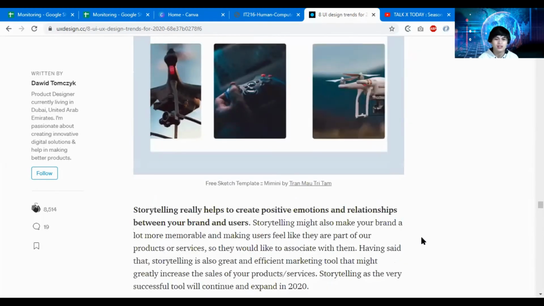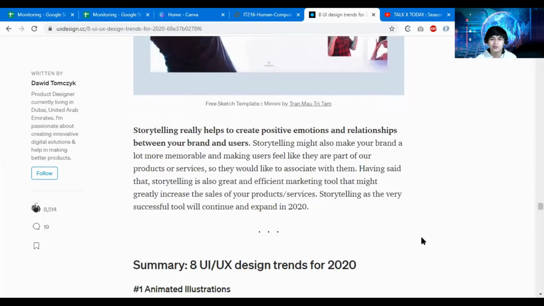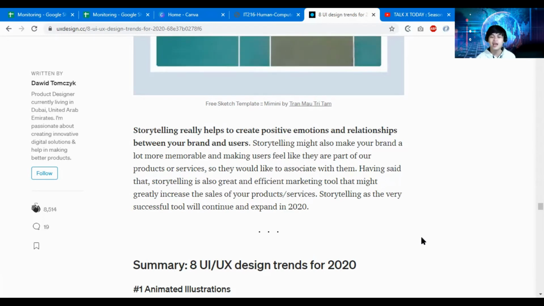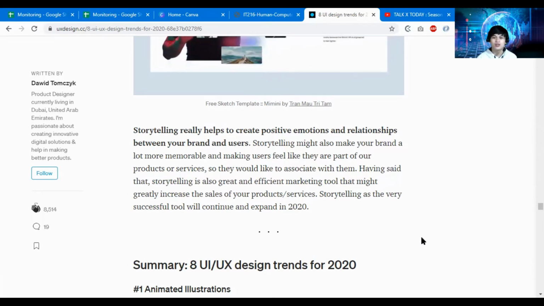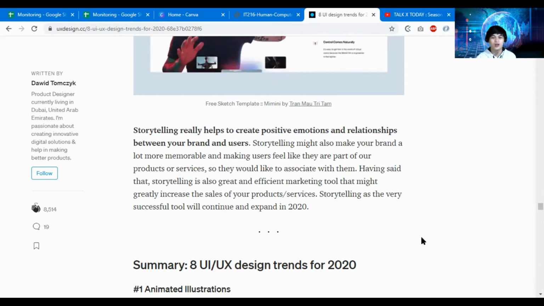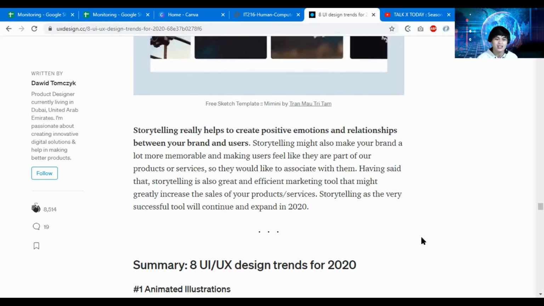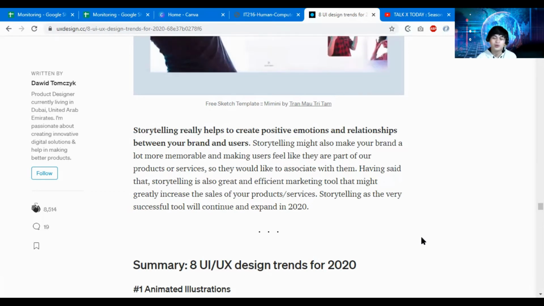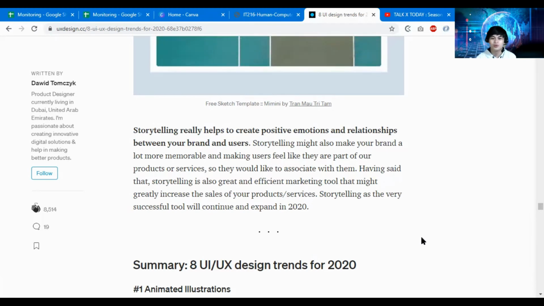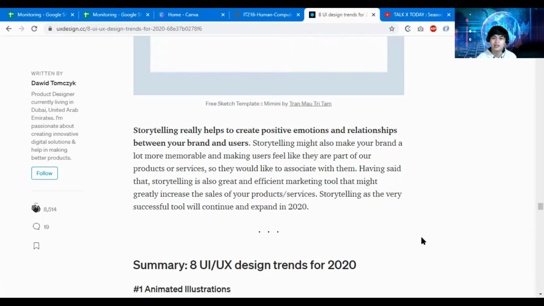So what happens in storytelling also, it will help you to create positive emotions and a relationship between your brand and users. Storytelling might also make your brand a lot more memorable and make users feel like they are part of your products and services. So they would like to associate with them. Having said that, storytelling is also a great, effective and efficient marketing tool that might greatly increase the sales of